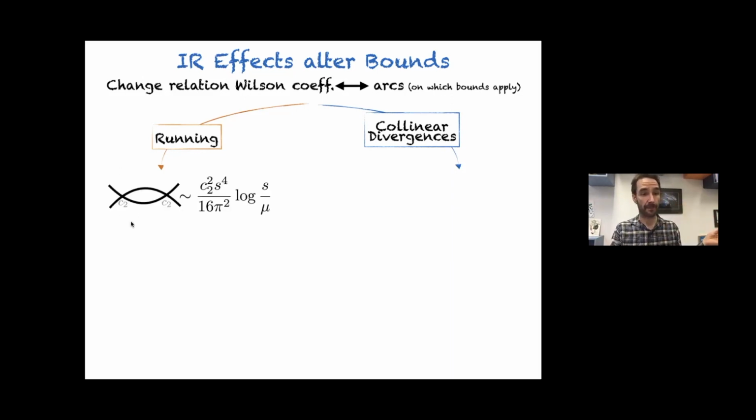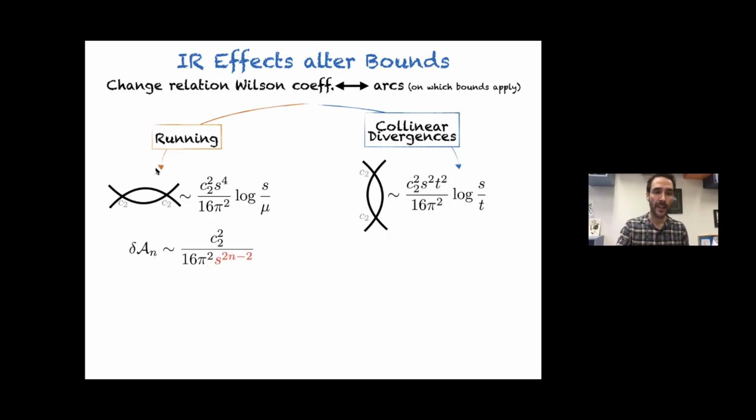Running, for instance, a loop of this type in the amplitude gives a contribution which goes like s to the 4 log s times a loop factor. But there is another class of divergences, collinear divergences. A diagram of this type, the same one but in the t-channel, gives a contribution which, instead of going like log s, goes like log of s over t, okay? Times s squared, t squared. So the first type of effects modify the arcs,